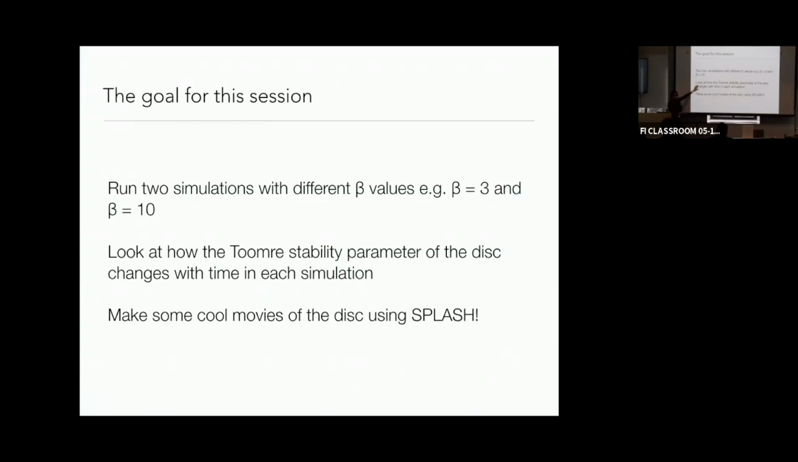What you can do with Splash is to look at very easily this tumor stability parameter. There's an option which I'll show you in Splash to be able to plot this. We're going to try and make some movies if we can, right? We'll at least get as far as producing the images using Splash, and then you can use your favorite kind of combining, movie making technique to be able to actually make one of those movies that